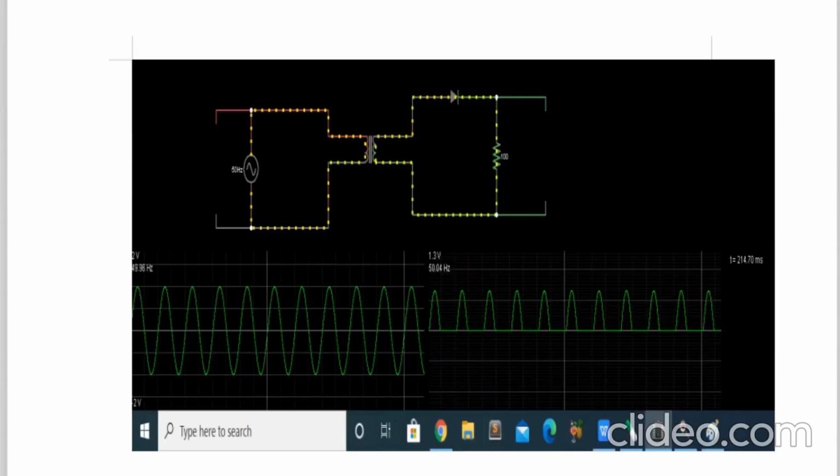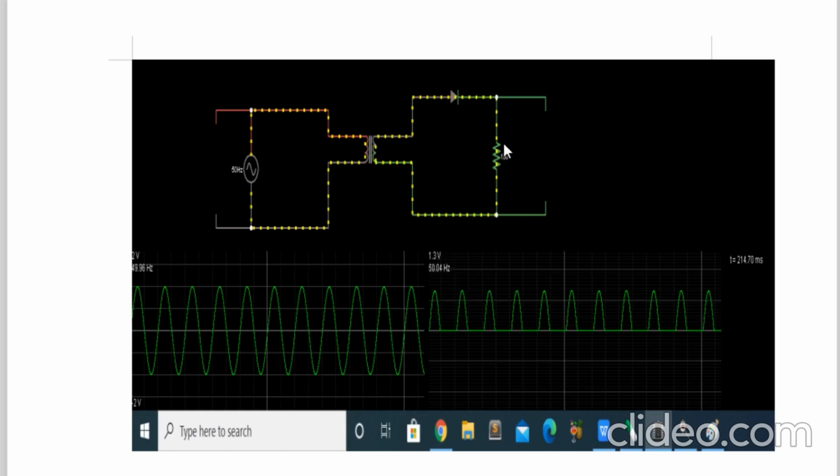Now let us go to a little bit higher peak voltage. Suppose I have taken peak to peak as 4 volt. Peak to peak 4 volt means minus Vp will be minus 2 volts here very clearly, and plus Vp will be plus 2 volts. So if it is plus 2 volt, then after rectification 0.7 volt will be the drop across the diode and the remaining 1.3 volt Vp will come to the output. So here see, 1.3 volt. It is clearly given. This circuit simulation software will tell you that after rectification your output Vp is 1.3 volt.